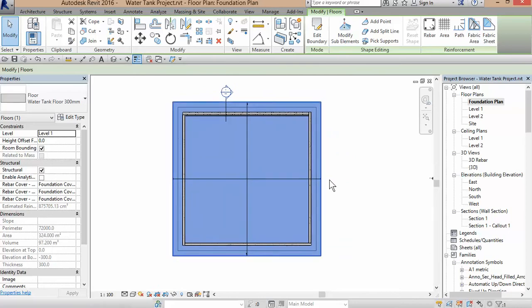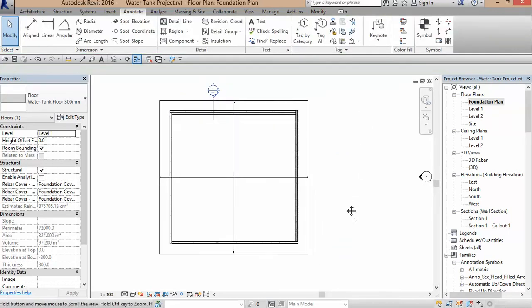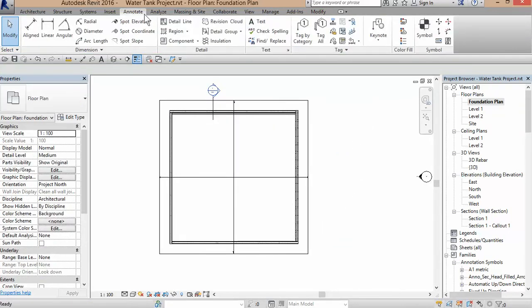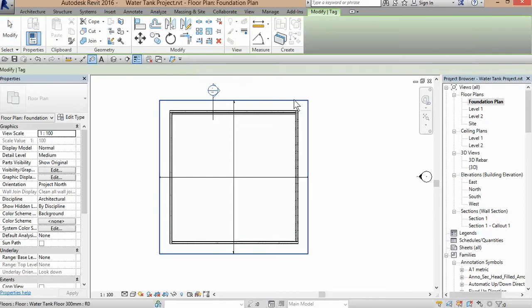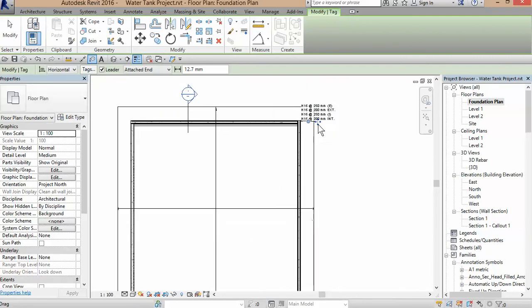Anyway, let's tag this. So annotate, tag. This is the reinforcement in the wall,